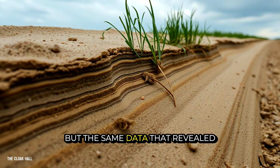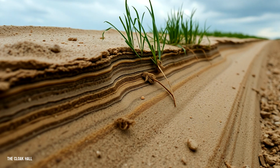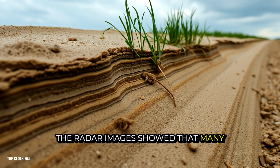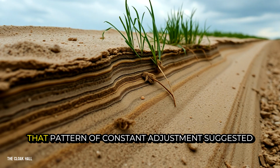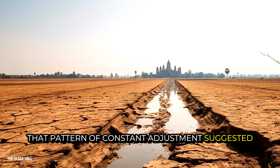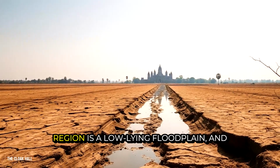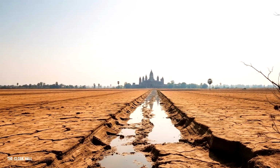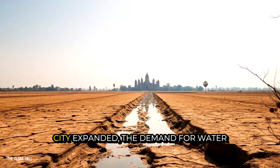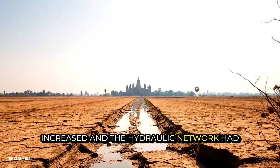But the same data that revealed the system's brilliance also hinted at its fragility. The radar images showed that many of the canals had been deliberately modified over time, widened, narrowed, or rerouted. That pattern of constant adjustment suggested that the system was under stress. The natural landscape of the Angkor region is a low-lying floodplain, and the canals were prone to silting. As the population grew and the city expanded, the demand for water increased, and the hydraulic network had to work